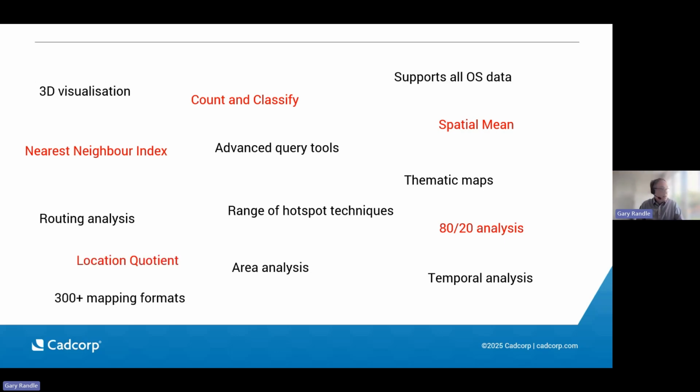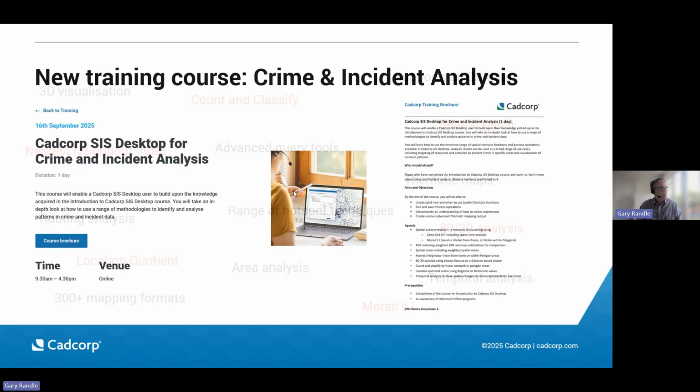Another technique that's been added as well is location quotient, and Simon's going to be talking a bit more about that. And then the final technique is the Moran's I spatial calculations as well, a range of different options, and again they're going to get mentioned. Like I said at the start of the webinar, some of these techniques are more advanced, but it's obviously good for you guys to know about them, and we're going to be talking about the support that's available, I think, on the next slide, which does bring me nicely on to give you some news about